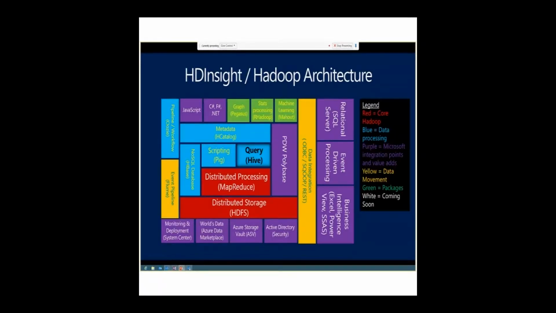Of course, SQL Server, Stream Insight, or RX are the event-driven processing technologies we currently offer, and then business intelligence via Excel, Power View, Power Pivot, analysis services. I do want to say that the Hive ODBC driver is what enables many of these things over on the far right to work. So we have a Hive ODBC driver, and it is, again, pulled from the open source